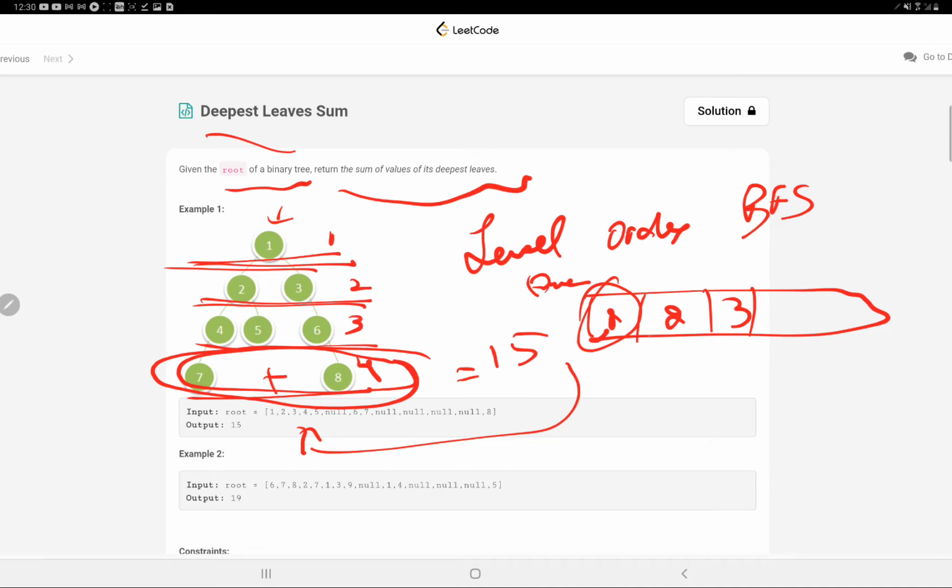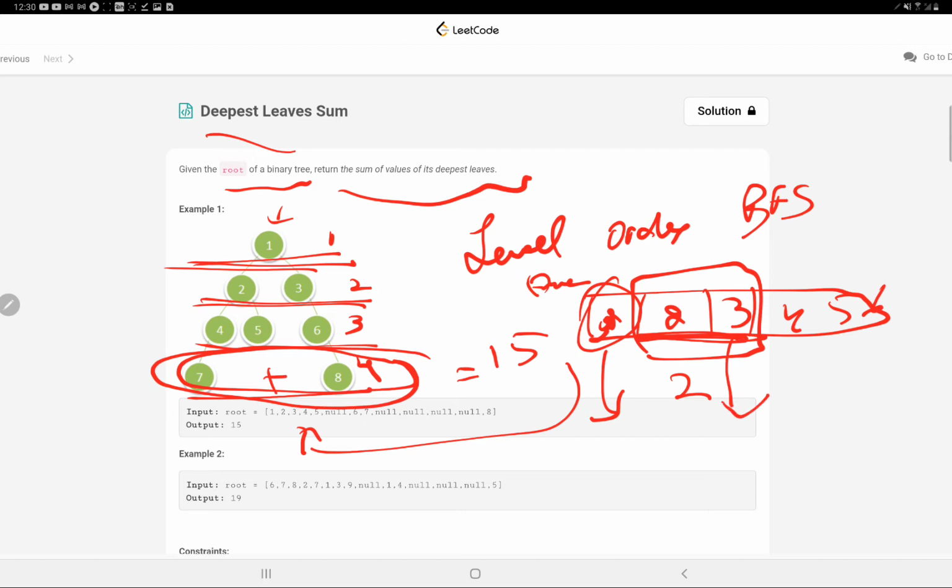In this case we will check the length. If the length is 1 only, then we will know that the length would contain only the nodes present at that level. Now the length is 2, so it will take only the nodes at that level. The children of 2 are 4 and 5, and the child of 3 is 6. Because we know the length is 2, we will loop only up to length 2.